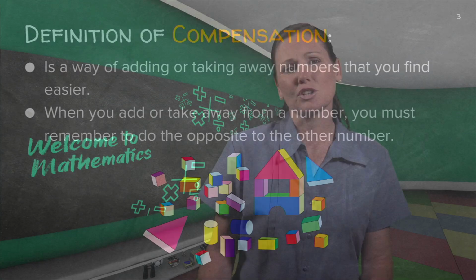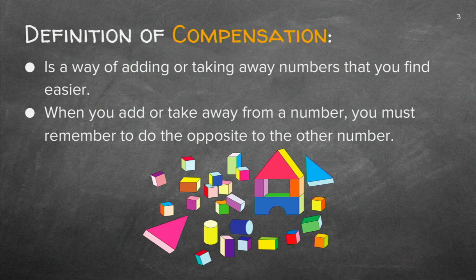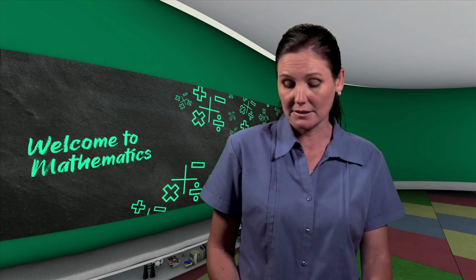Now, what is compensation? Compensation is when you add a number and take the same number away on the other side or with another number, and that is when we are adding by rounding off and using compensation. But when we are using subtraction, when I add a number to a number, say for example plus 4, to make it a multiple of 10, 100 or 1000, you have to add or subtract exactly the same on the other side or with the other number. Now I'm going to show you some examples. What do I mean by this?